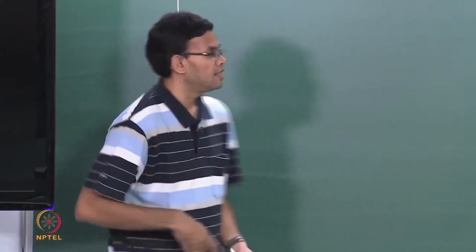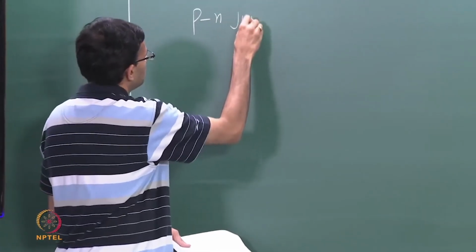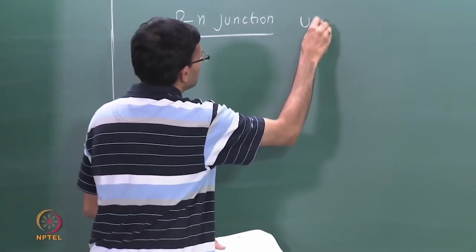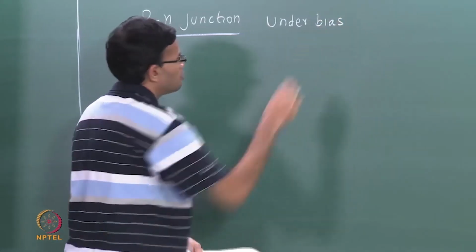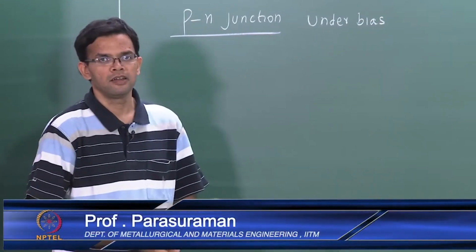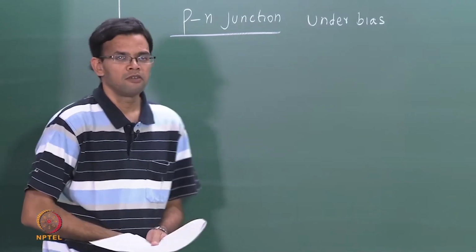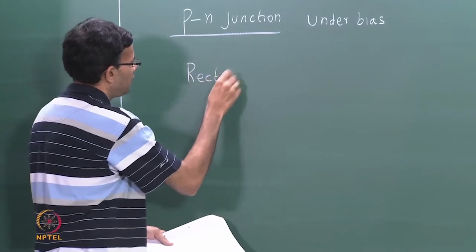Let us start with a brief review of last class. Last class we looked at a p-n junction under bias. So we applied both a forward and a reverse bias and looked at the IV characteristics. We found that a p-n junction is essentially a rectifier,